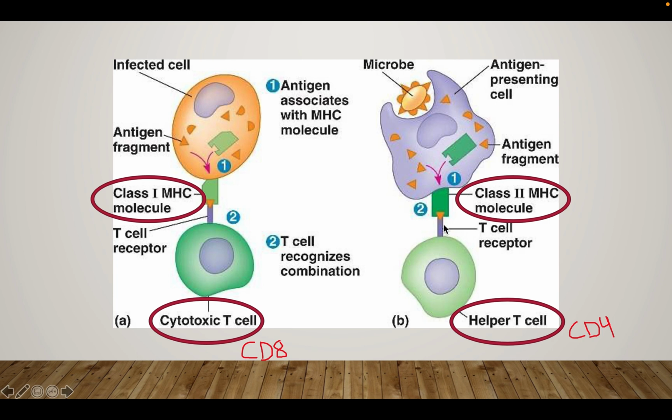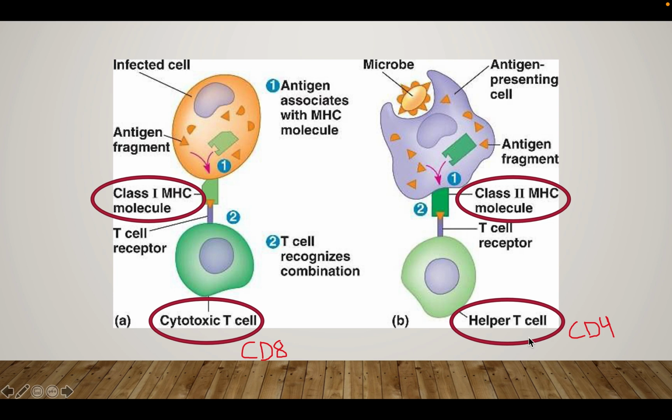And so now you can see those interacting. And remember, MHC2 are on our antigen-presenting cells, and that's what we see right here. This is an antigen-presenting cell. So as you see these things, try to think about how all of these things are interacting. So if you see antigen-presenting cell, you should think macrophage, B cell, or dendritic cell, and then always associate which MHC molecule with the corresponding